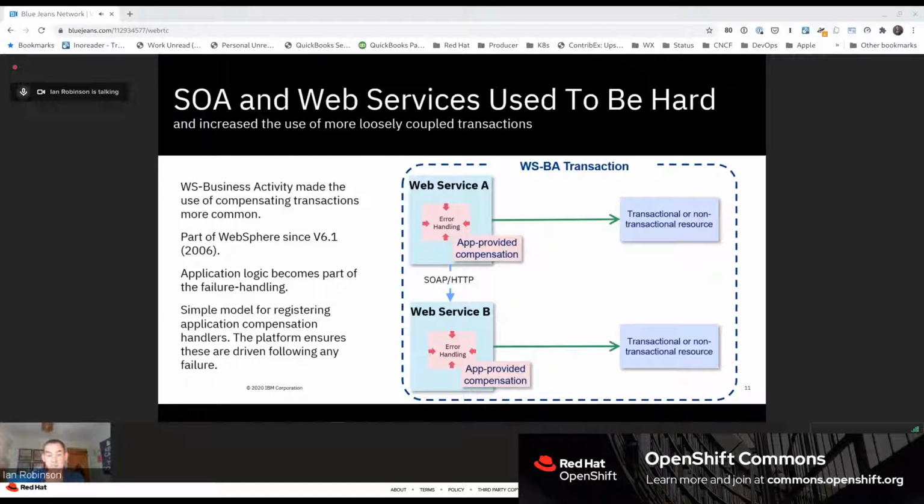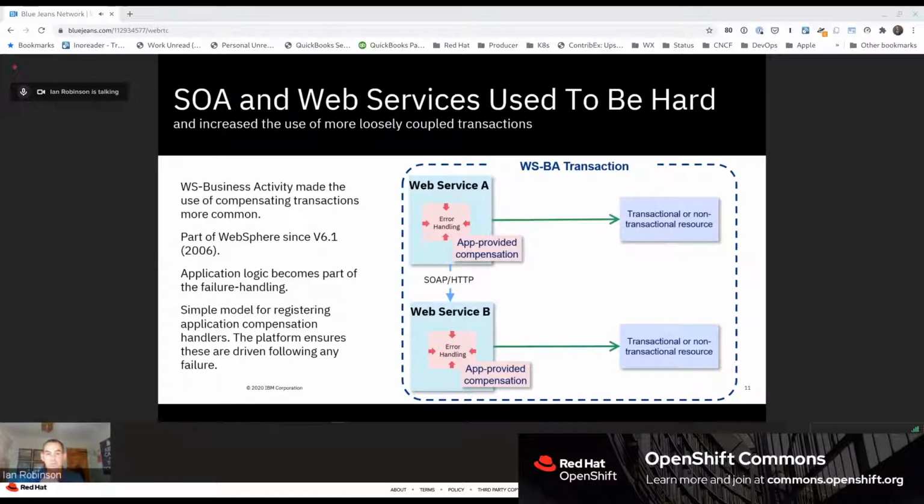So instead now of having to have a tightly coupled transaction between two what should be loosely coupled web services, we have a loosely coupled transaction model based on compensation handlers, where the application developer, web service A and or web service B, only has to provide an application-specific compensation handler.